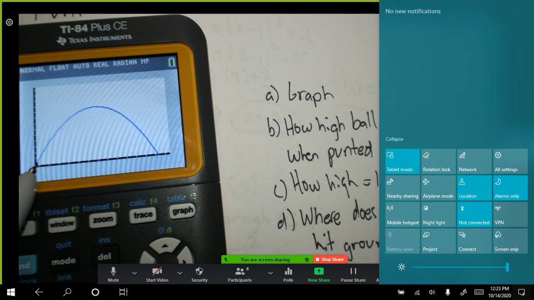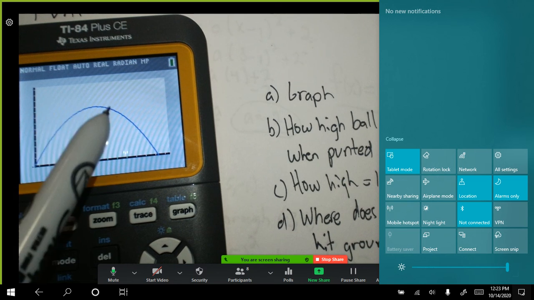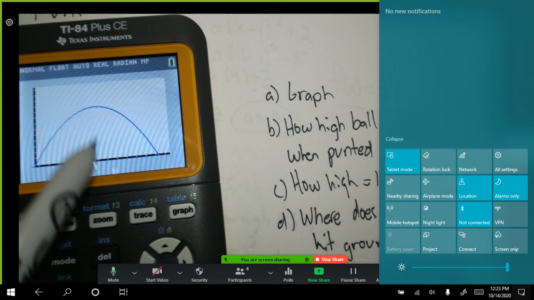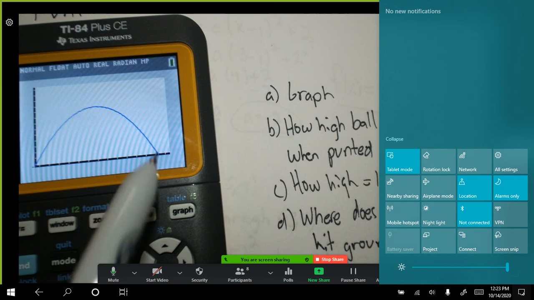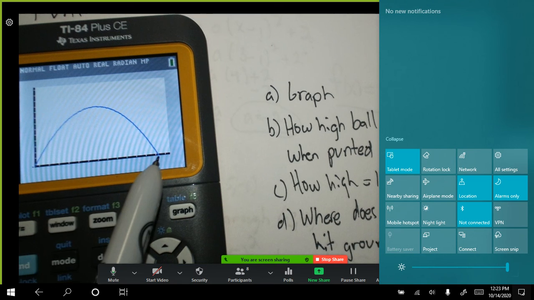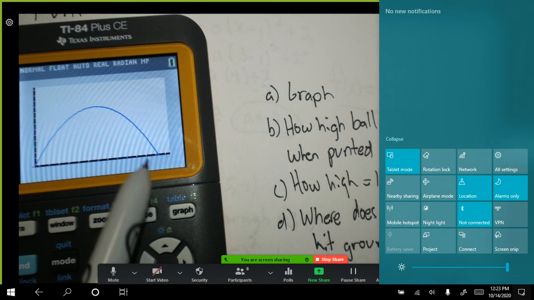To find out the high point, we find the maximum. That tells us how far the maximum was and how high it was above the ground, which is 104. And then we find the zero out here of when it hits, when y gets back to 0, that tells us how far away it is. So there'll be a problem like that